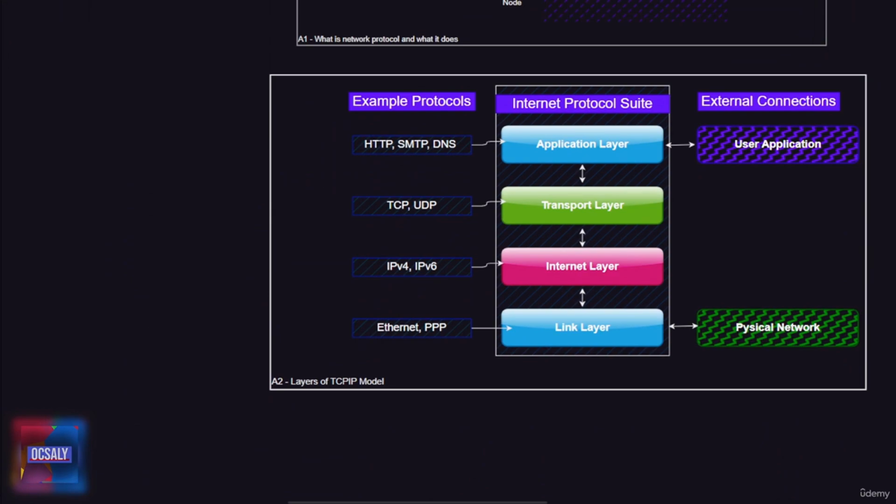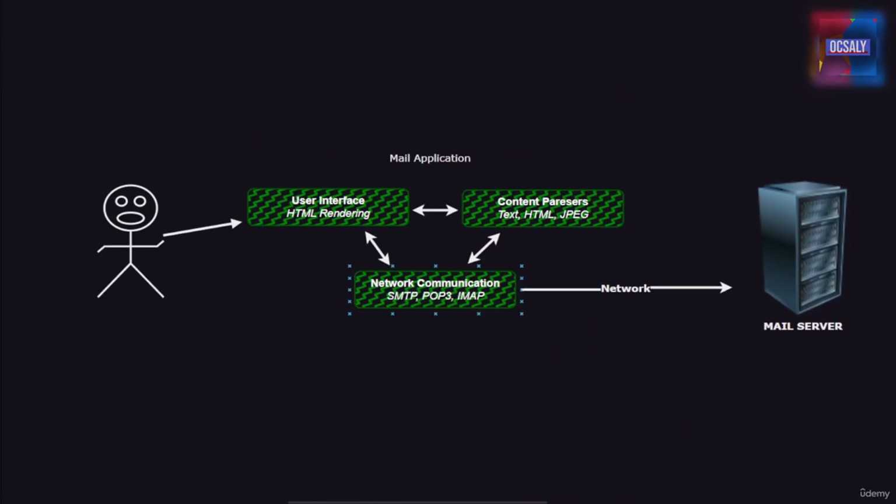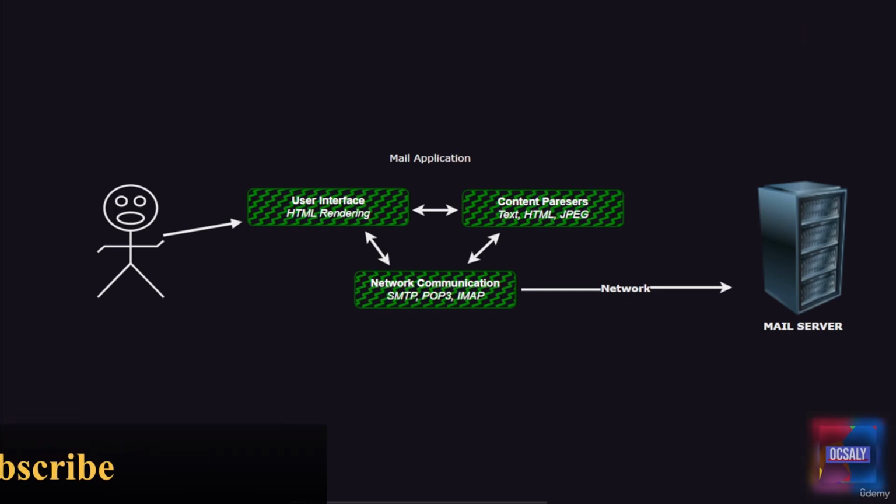Each layer here interacts only with the layer above and below it, but there must be some external interaction with the stacks here. So here I draw some diagrams that will show you two external connections, and the link layer interacts with the physical network connections transmitting the data in a physical medium, such as pulses of electricity or